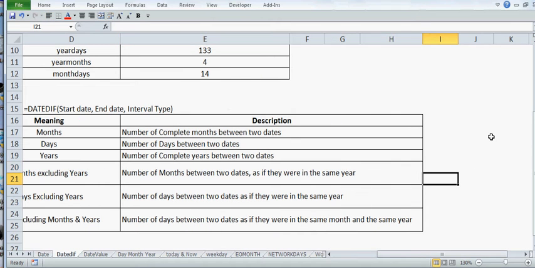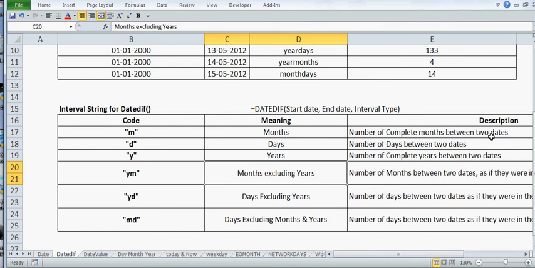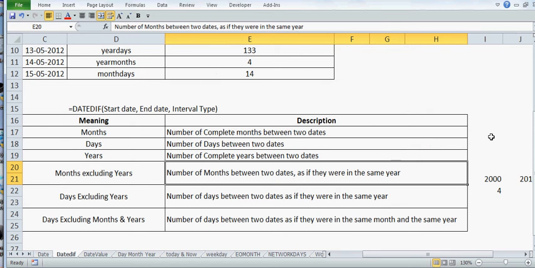Let's assume one year is 2000 and another year is 2011, and we have maybe the 4th month over here and the 7th month over here. If you are using this function, which is YM, or months excluding years, it will give me the difference in number of months between two dates, assuming both dates are in the same year.